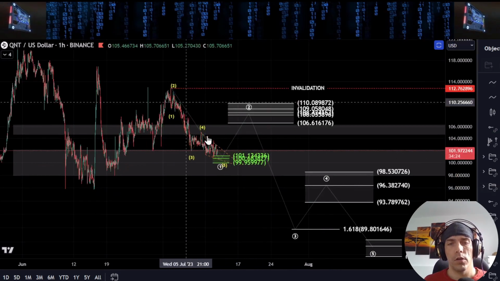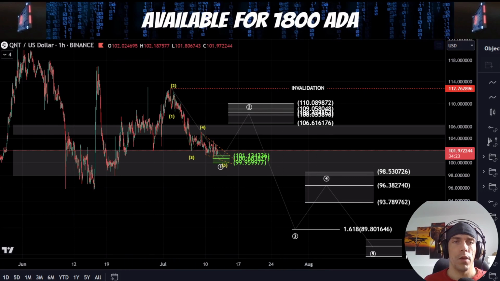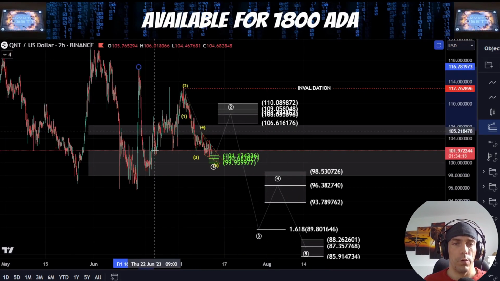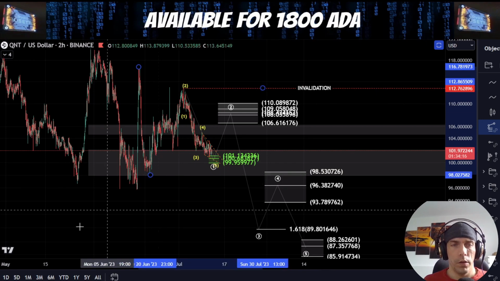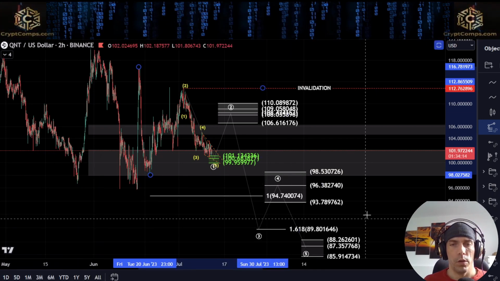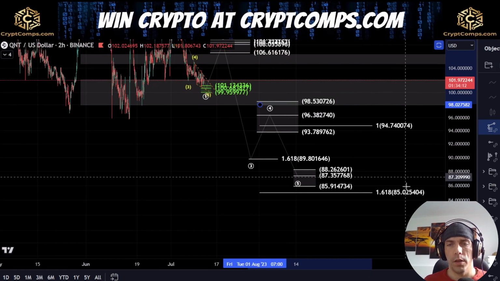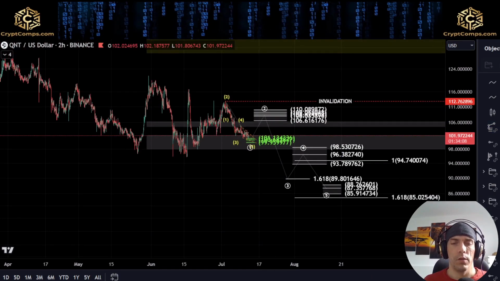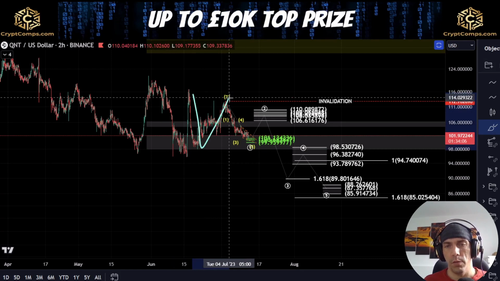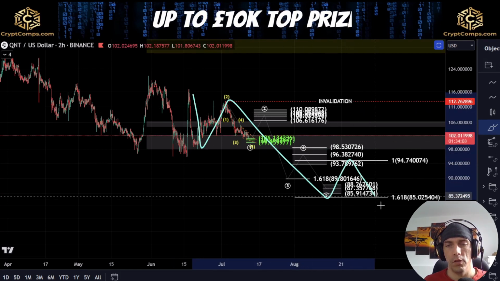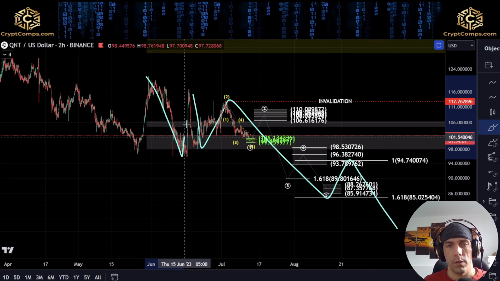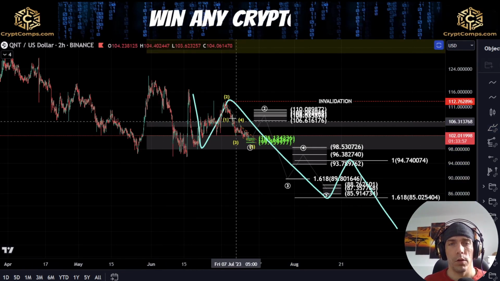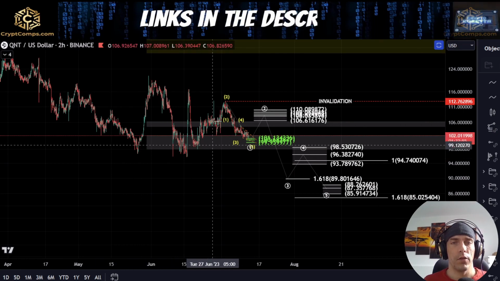Now, if we do start to break down in this way, we need to be very careful, because if I just throw a fib on from this level over here into this high, and we change this onto the 1.618, if we do start to break down past this 85.02, this would align with the idea that this move could actually start extending from here, where this becomes 1, 2, 3, we'd get an additional fourth and a fifth. Then we'd have to count this as a potential 1, 2 here. This would all become 3, 4, 5, and then so on and so forth,